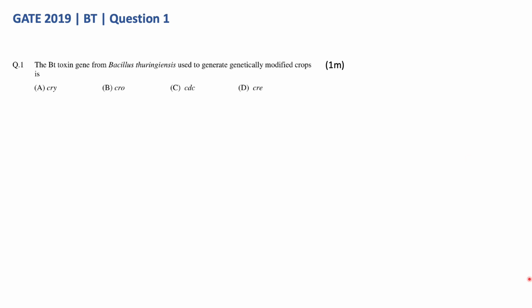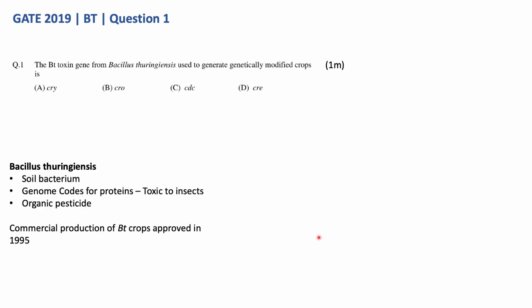So to understand this, let's first look into some background information. So Bacillus thuringiensis or Bt is a common soil bacterium. The genome contains genes that code for several proteins toxic to insects. So for decades, Bt has been sprayed on fields as an organic pesticide. Several major pests of crops like cotton and corn that are difficult and expensive to control with chemical insecticides are